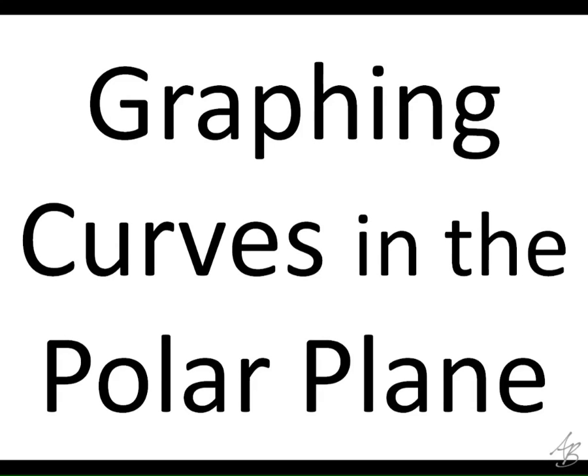I'd like to take a moment to review how the graph of a polar relation is constructed. Understanding how a polar graph is made can help us significantly with the understanding of calculus as it applies to polar curves. Unlike a rectangular relation, which uses the coordinates in the Cartesian coordinate plane and relates the horizontal position, the x-coordinate, to the vertical position, the y-coordinate, of a point, a polar curve defines the distance that a point is from the origin, which is also known as a pole, given an angle from the positive